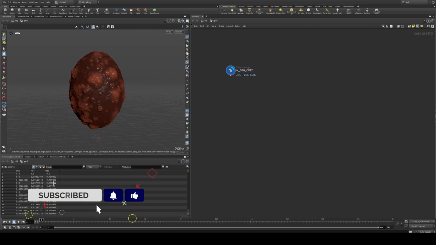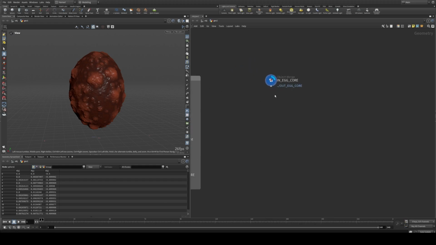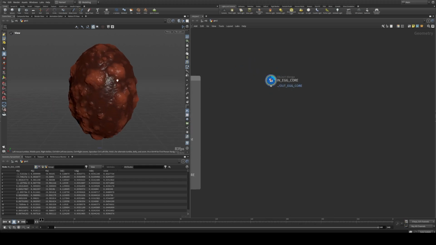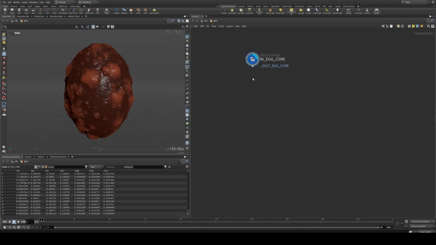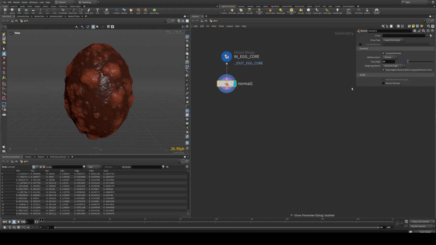Okay, now we are going to do the tendrils that are wrapped around the egg. For doing that, first of all, we are going to use this egg as our base. So we import it like this, and we need normals on it. First of all, we are making normals, and now we are going to scatter